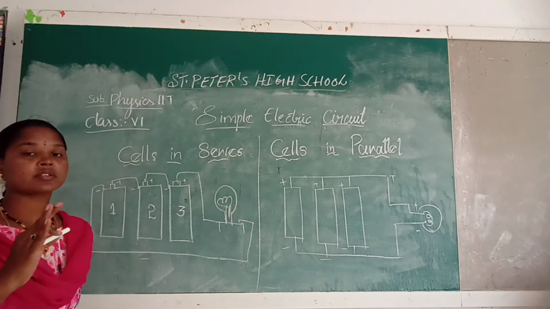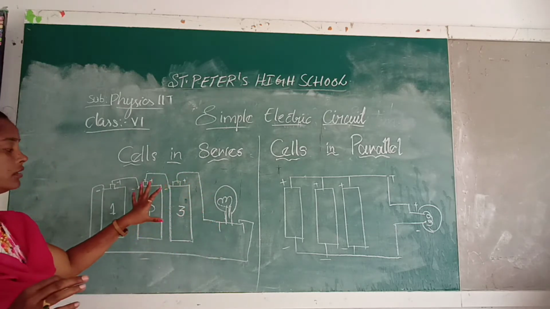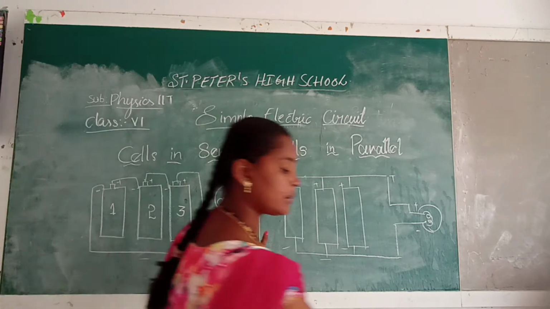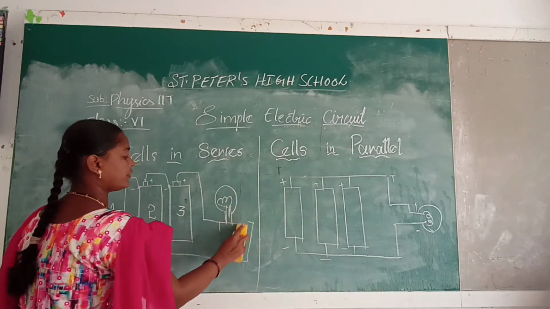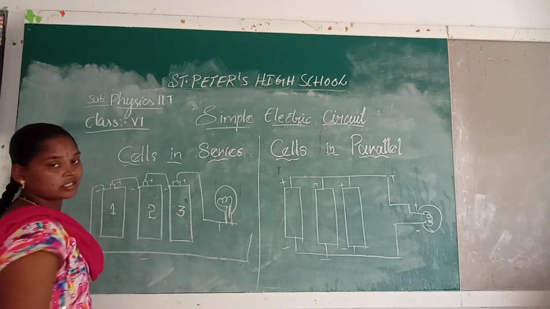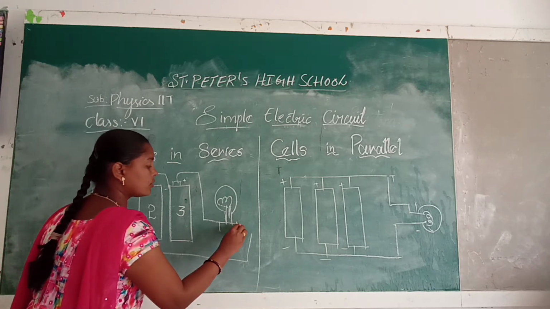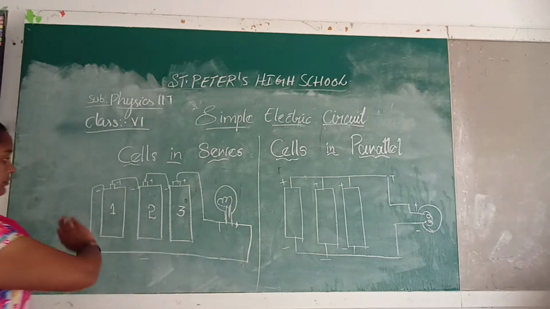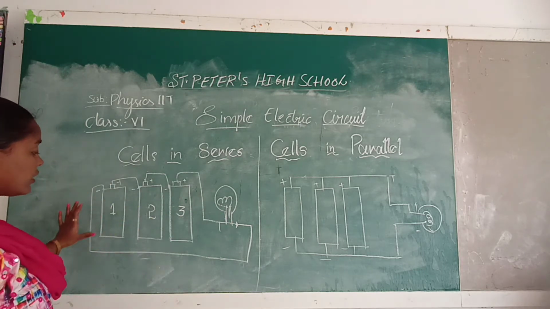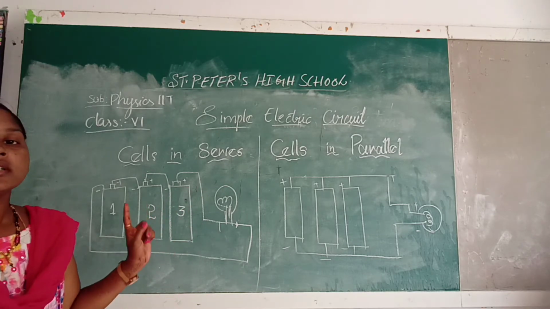What is meant by closed circuit as well as open circuit? If there are proper connections between each of the sources, this is a closed circuit. If we do not have wires or any terminals connected, this is called an open circuit. In an open circuit, current does not flow. When the whole circuit is closed, that is, all the wires in the circuit are connected to each other, then it is called a closed circuit. Current passes only in the closed circuit.